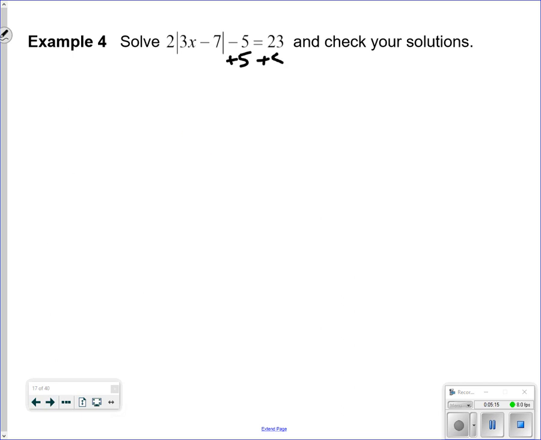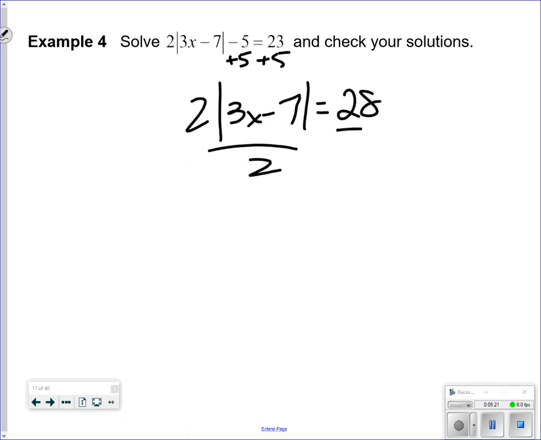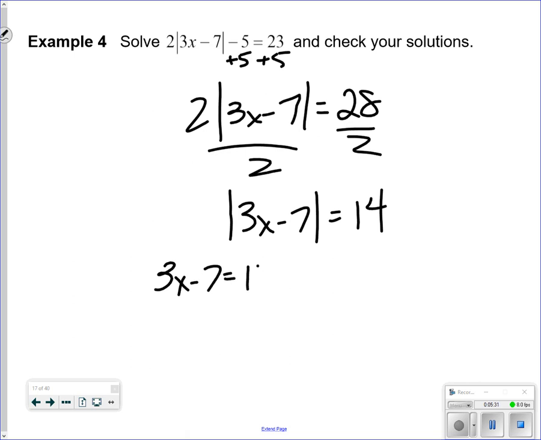Isolate the absolute value. Remember, that is the first thing you have to get. You have to get the absolute value by itself before you can make any decisions about where to go from there. So, do I have an absolute value equaling a positive? Yes. So I can do this. So I take one, whatever's inside the absolute value equaling the positive distance,